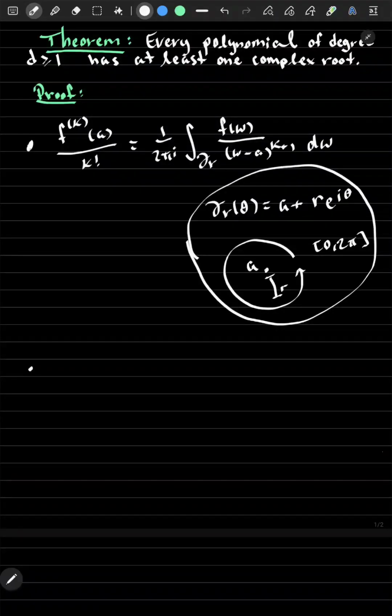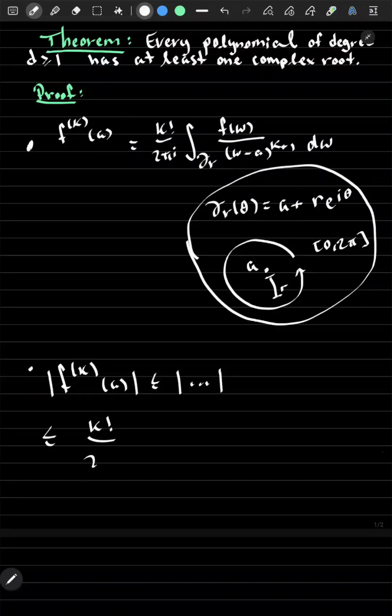And we're going to use Cauchy's integral formula to get a bound, the Cauchy estimates on the derivatives of f. To do that, we're just going to apply the supremum bound on the integral. So first, we're going to send this k factorial to the other side. And now we're going to take the absolute value of both sides. So the absolute value of the derivative of f is going to be less than or equal to the absolute value of the other side. And we can bound the other side using the supremum inequality on the integral. That's going to give us